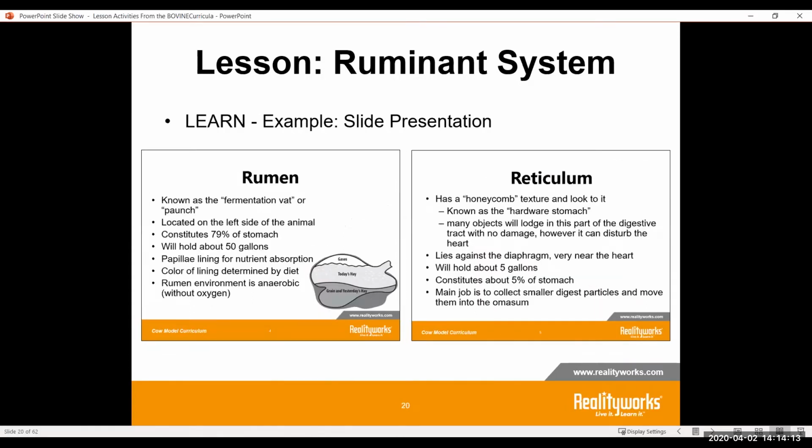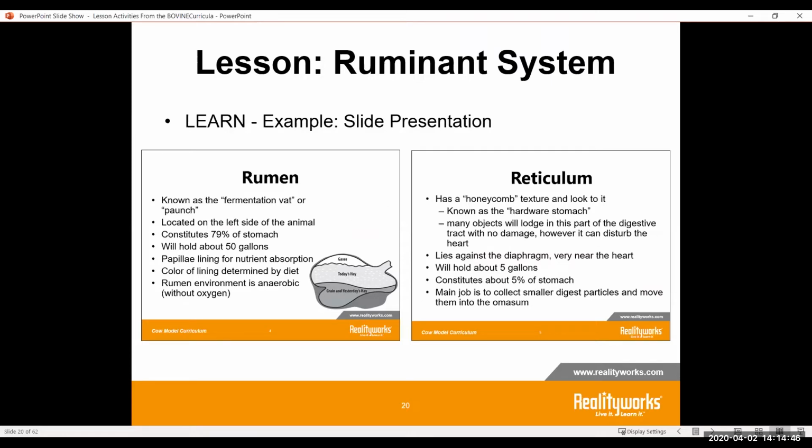Then, once you've handled that and gotten through it, and maybe they give that back to you, or you talk through it as an online form, you start getting to the learn. And here are the slide presentations. Again, that presentation could be sent off to your students so they can read through it as a tutorial. It could be something where you show it in a classroom setting. It could be something where you walk through it together as students, or have them journal about different things. There's a lot of different ways you can present this to your students.